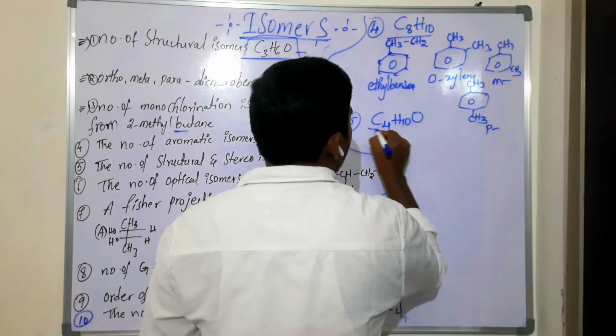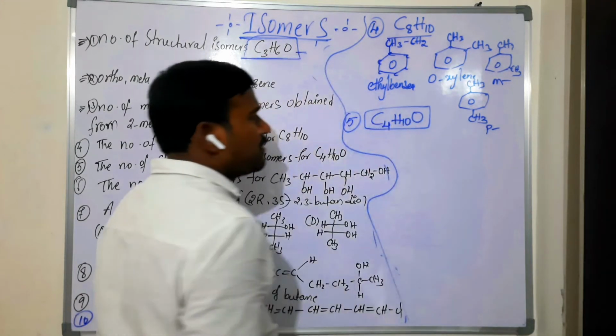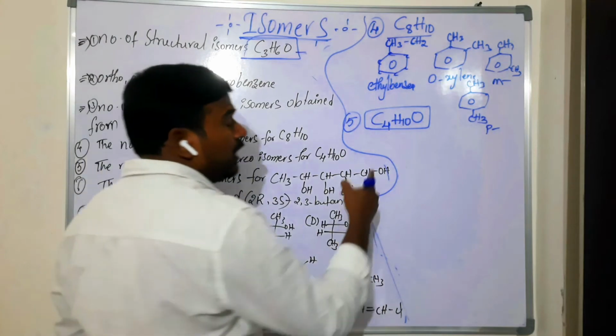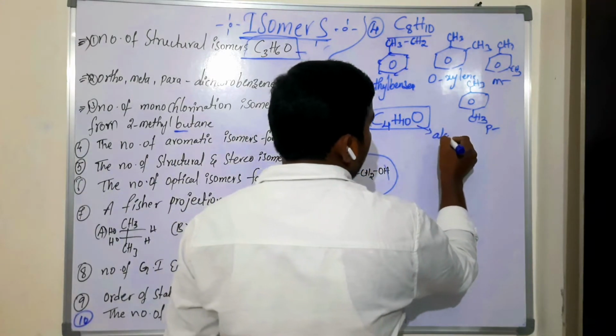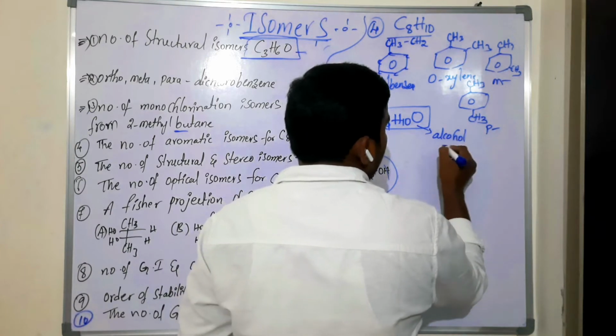C4H10O, we have to find the structural isomers as well as stereoisomers. It is a general formula of alcohol. Now, what is the general formula of alcohol here? The alcohol general formula will be